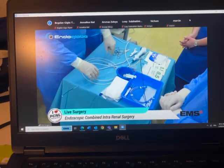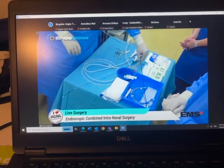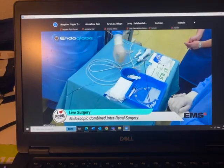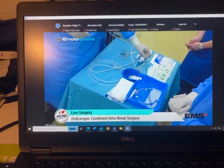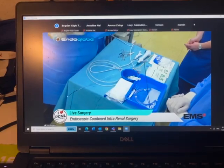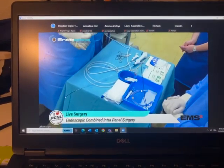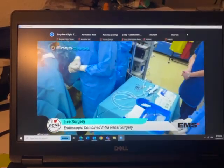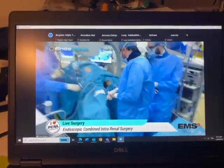Access sheath is 9.5, Panagiotis, yeah? Is 9.5 the internal diameter. So you don't need to pre-stent your cases. In this case, we don't have a pre-stented ureter also. No, we just have a ureteral catheter placed in the kidney. So this is the setup for the flexible ureteroscopy, and I think we could start the case. Excellent. So